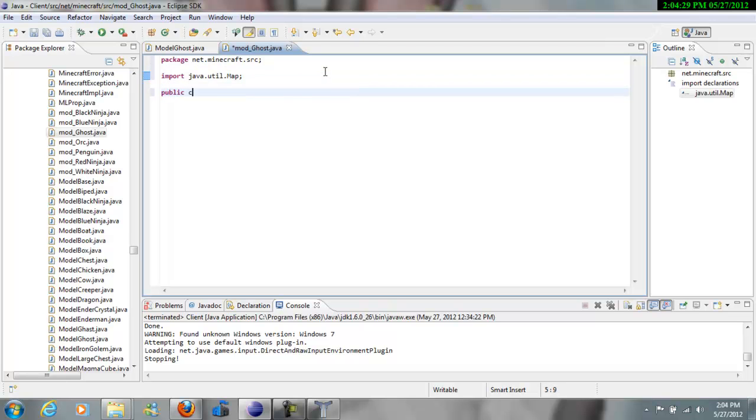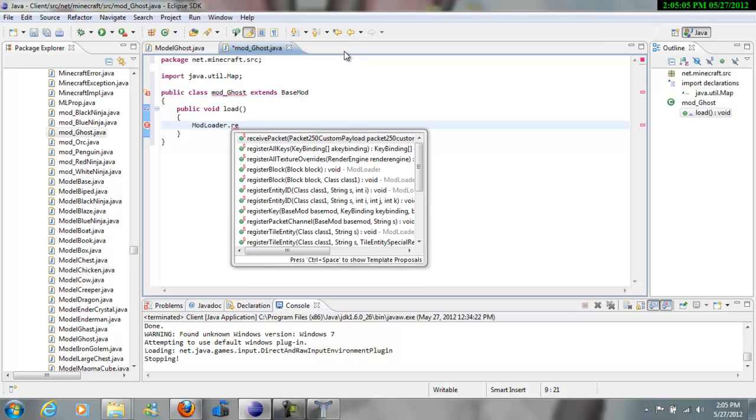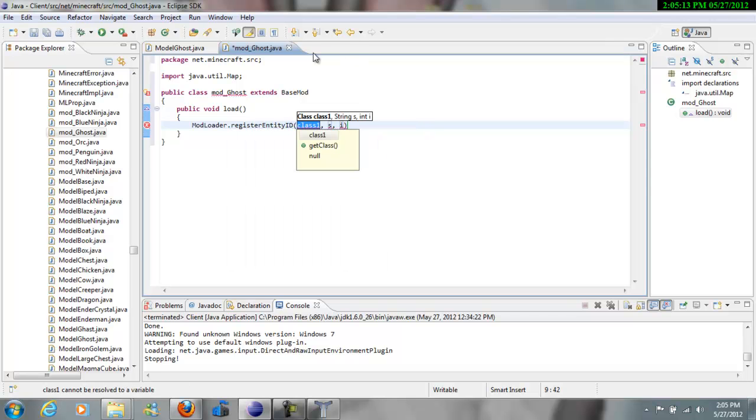But next, public class mod underscore ghost extends BaseMod, and then go with that, and then that error will just be there for a little bit. You could just ignore it for now. You want to type in public void load and two parentheses, and then enter, and then two more of the brackets. Now ModLoader.registerEntityID, and then parentheses. Then you can just delete the stuff in the parentheses that was put there, and then EntityGhost.class, and then comma, quotation marks,